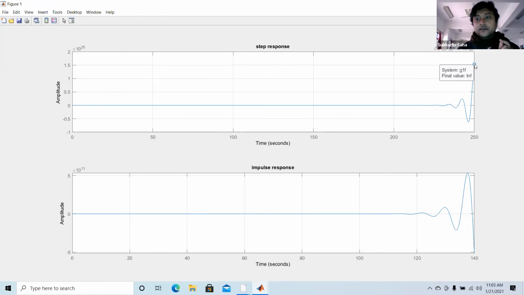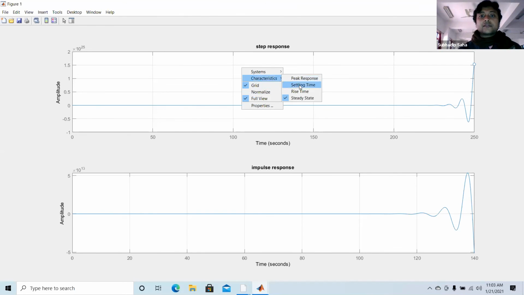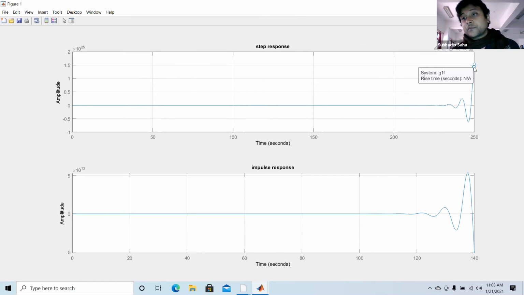Because in the first case, the rise time and settling time are quite a bit lesser compared to the rise time and settling time you got in case number 2. And here, if I click, the rise time is also not applicable. That is infinite, not available.